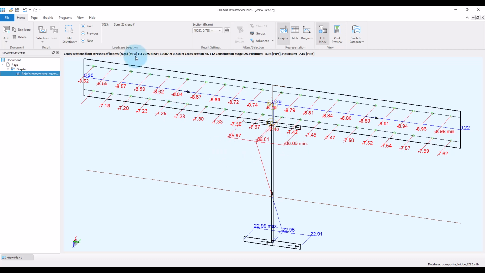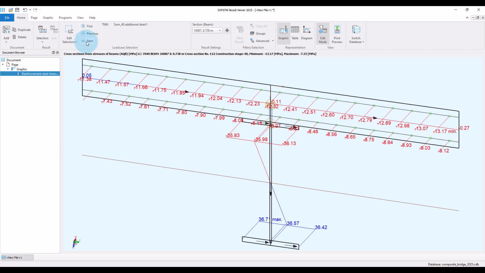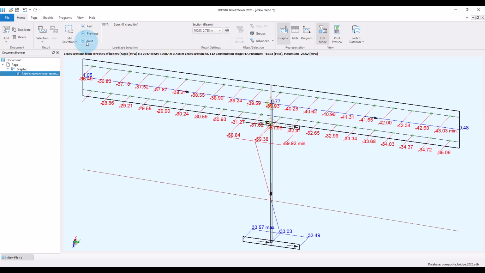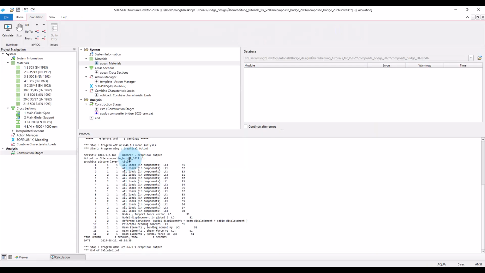Okay, then we can click through the construction process here, some further loads from the concreting, adhesion supports, then these concrete parts harden, then we have the additional dead load, and then some further creep and shrinkage. Okay, then we have the construction process finished and can proceed with the next steps of the analysis.